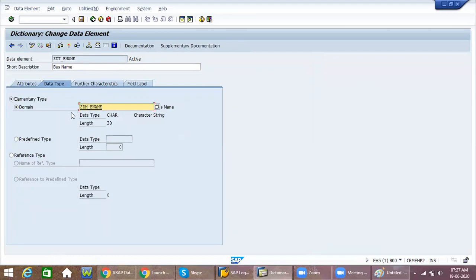The system doesn't know anything except whatever name you are giving, it will check whether that name is available in the database or not, that's it. It cannot recognize whether it is related to the bus table or the employee table, the master material table or the accounting table, which table it is.